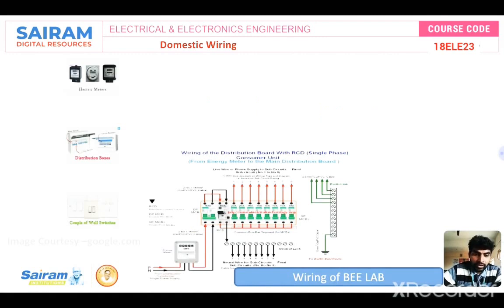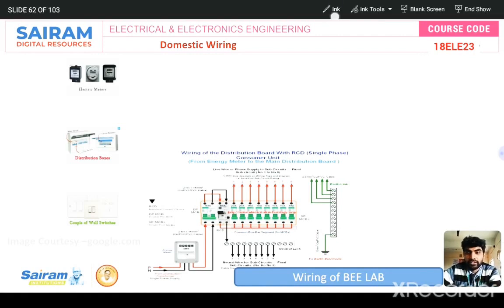And this is our laboratory, the basic electrical laboratory wiring diagram I have taken. I'll show you while doing the experiments what MCBs we have and what the current ratings are. See, 10 amps current will be there, 20 amp MCBs are present, and the energy meter will be present here, and then the main DP switch, the MCB switch, and these are the output connections, and these are the energy meters and the distribution boxes, and these are the switches.